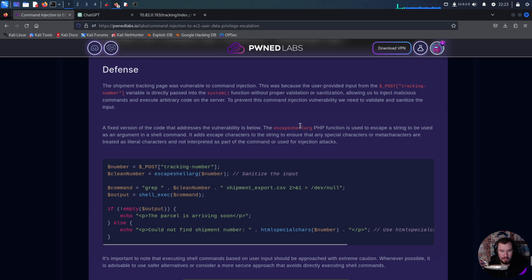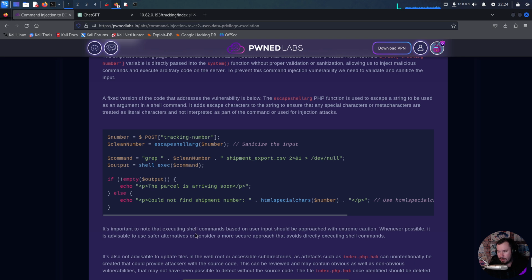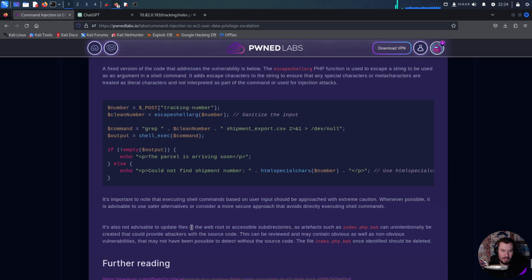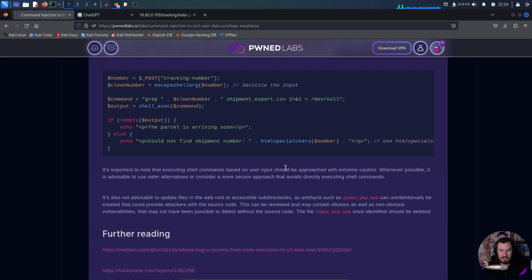The escapeshellarg PHP function, I see. It's important. It's kind of like when I was talking about the Go CMS: sanitize user input, especially here. It's important to note that executing shell commands based on user input should be approached with extreme caution. Whenever possible, it is advisable to use safer alternatives or consider a more secure approach that avoids directly executing shell